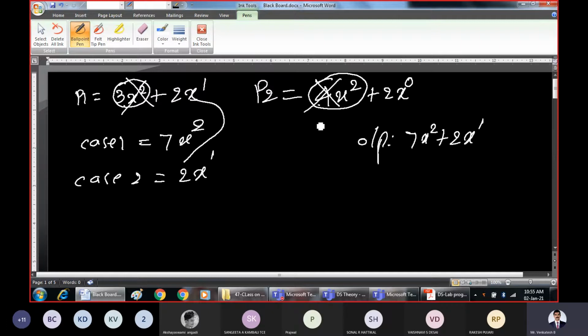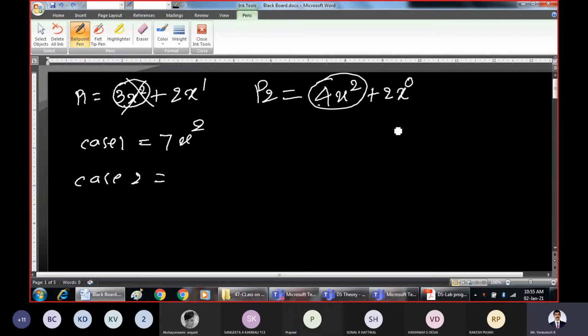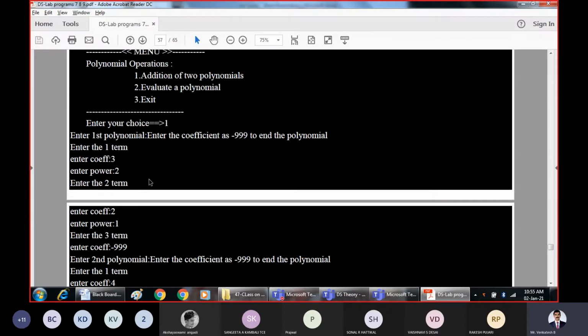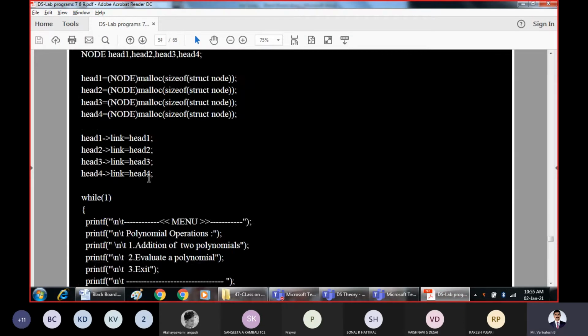What is the default case? In the other case, we will consider the term from the second polynomial, that is 2x raised to 0. So this was the simple mathematics which we already studied in theory classes. Just for completeness, I have revised it briefly now. Now assume these are our two polynomials and we need to add them and perform all the operations. Right? Now let us start.